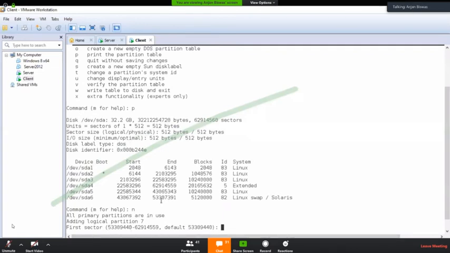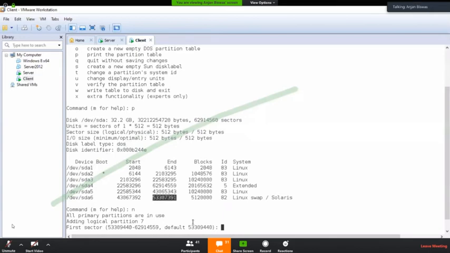That is, the last partition's cylinder has been taken. So from the next cylinder, the newly created partition will start. So if you select P,